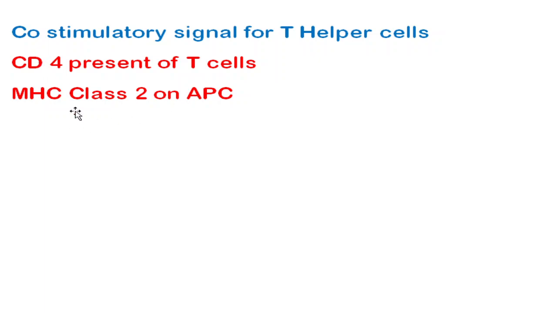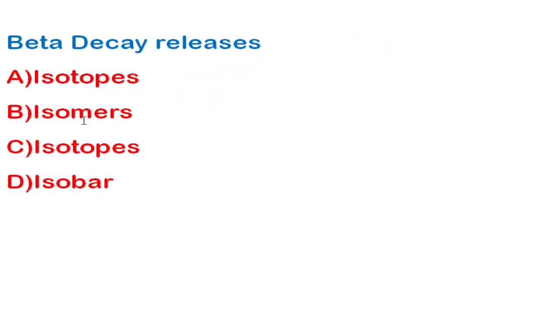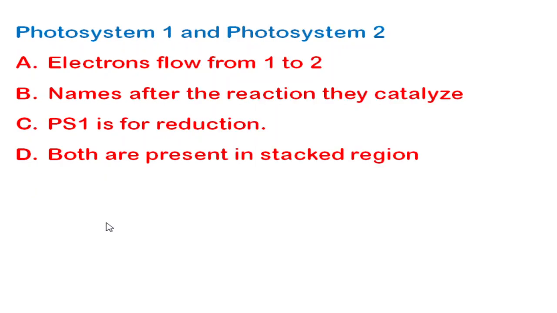This is one such co-stimulatory molecule required for activating your T helper cell. Next, beta decay releases... so beta decay will be releasing the isobar. Next, with regard to photosystem 1 and photosystem 2, if you know the difference between photosystem 1 and photosystem 2, you can easily give a correct answer